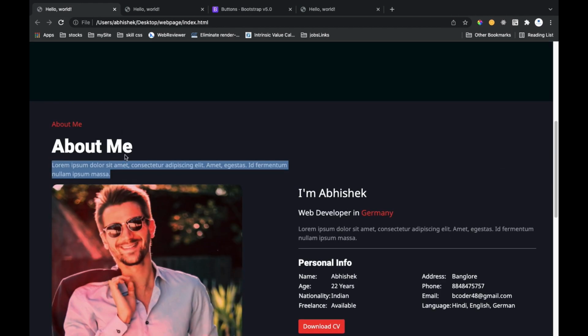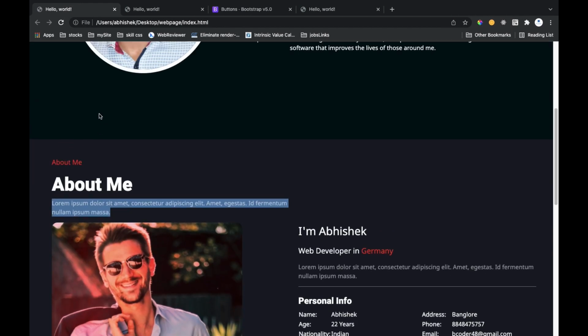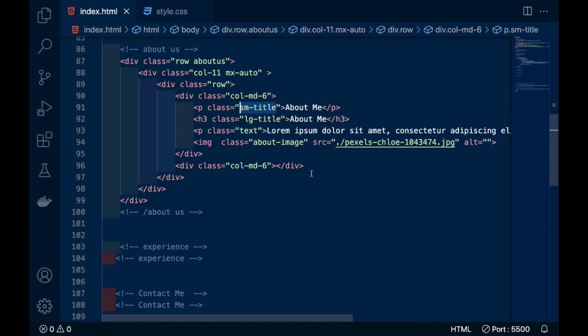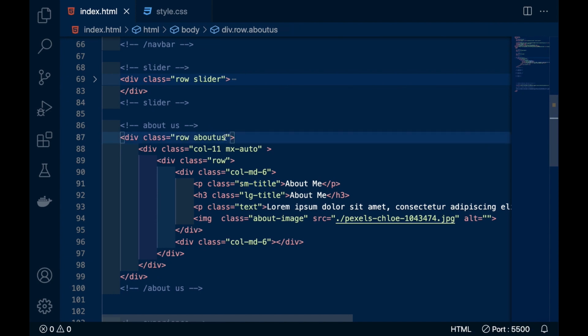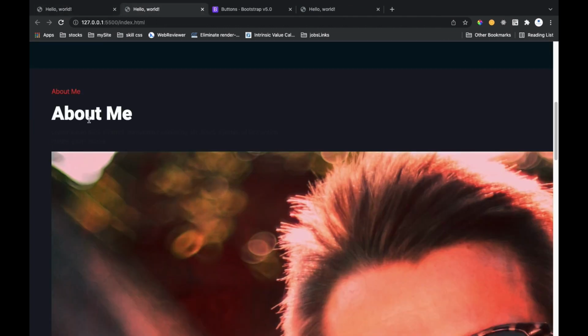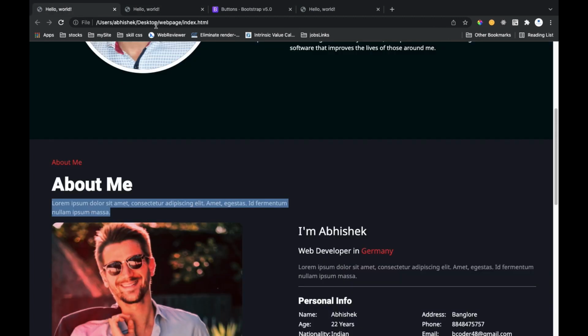In this website friends, here you can see there is a margin between this slider and this about text, and here it is just below that. For giving that margin we can use our CSS, but here I will show you how you can use Bootstrap easily. So here you only have to write in this about section, and this was the slider section. Then in this div we will write mt-5, meaning margin 5. So here you can see that gap is automatically here. So now we have done these two things.